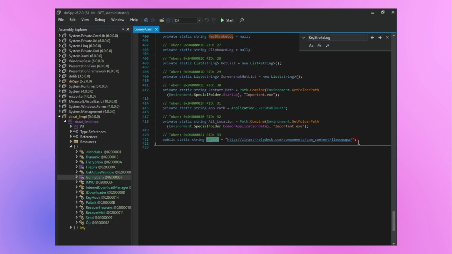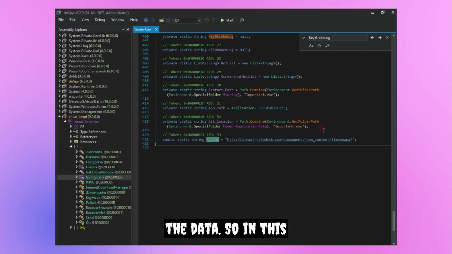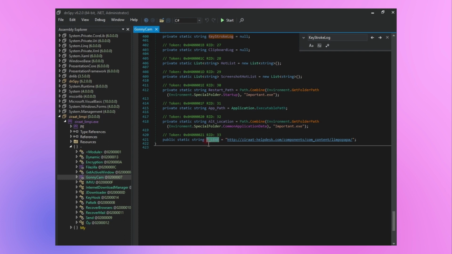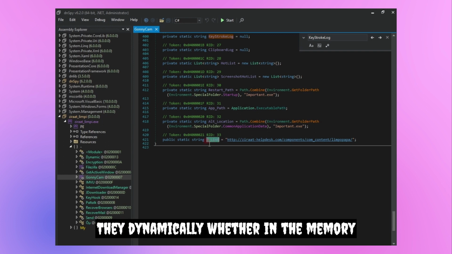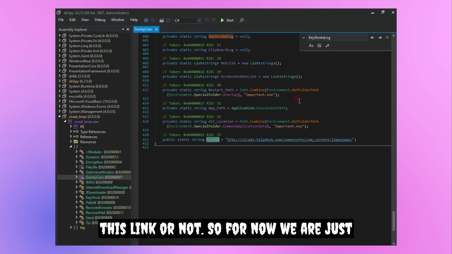So plink is, I think, their command and control server where they are sending the data. In future videos we are also going to see dynamically whether in the memory strings we are able to see this link or not. So for now we